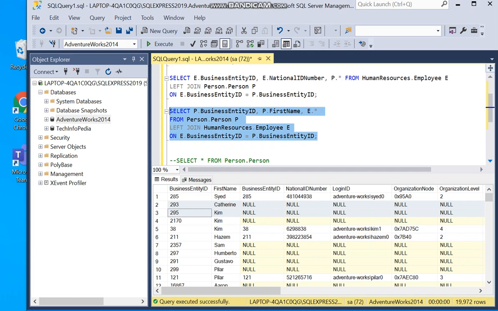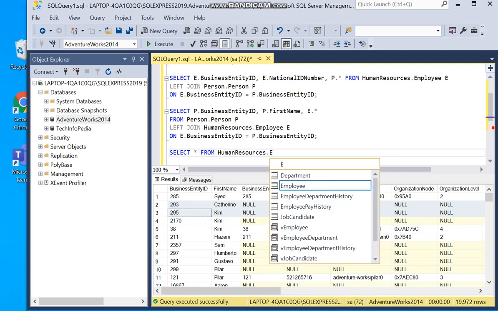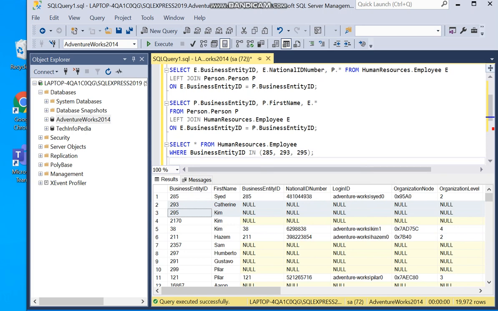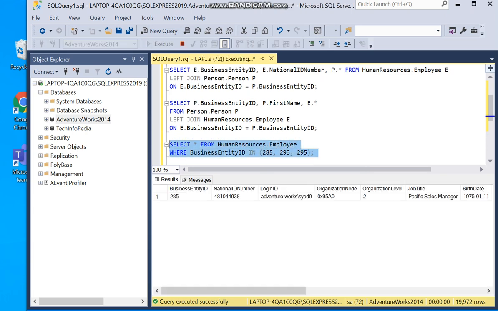We can cross verify this by using a simple query: select star from humanresources.employee where business entity id in 285, 293, 295, and we run this.